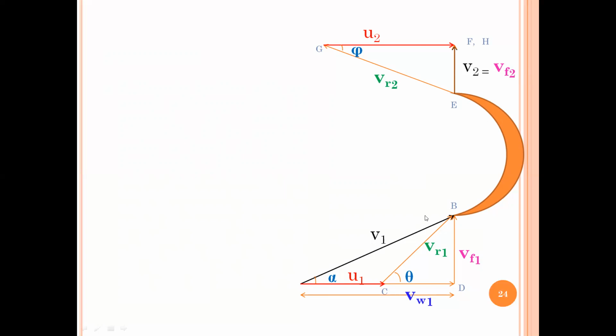Now here, for finding the angles alpha and theta, we should know U1, VW1 and VF1. So for calculating U1 and VF1, the ratios are being given. So we'll be making use of that. And then for calculating my VW1, I'll be making use of your hydraulic efficiency formula. Okay, and here we know U1 and U2 are different, so it's essential that we designate it as U1 and U2 as always. So your U1 is given by pi d1 N by 60. Your U2 is given by pi d2 N by 60. Your U2 would not be very useful because they have only asked terms with respect to your inlet.